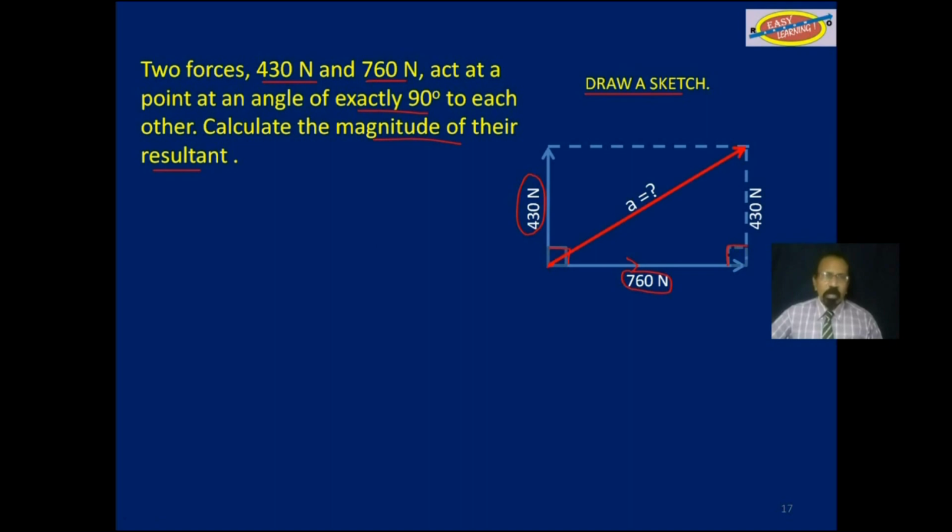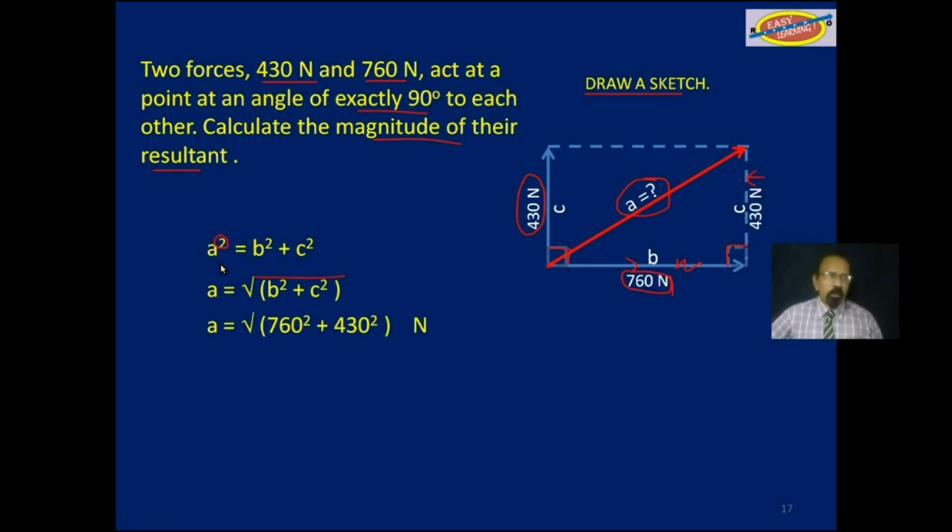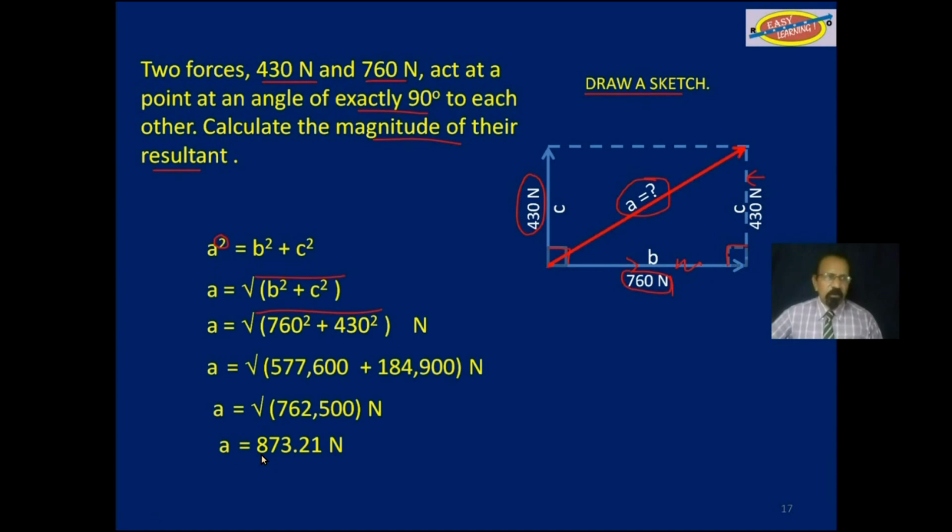We want to find A, the magnitude of the resultant. We will let this side over here be B, and that side over there be C. So we know that A squared is equal to B squared plus C squared. We remove the square from here. A is equal to the square root of this. We find the square root, and we get